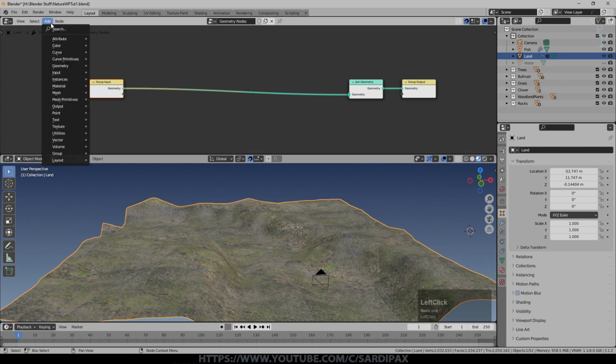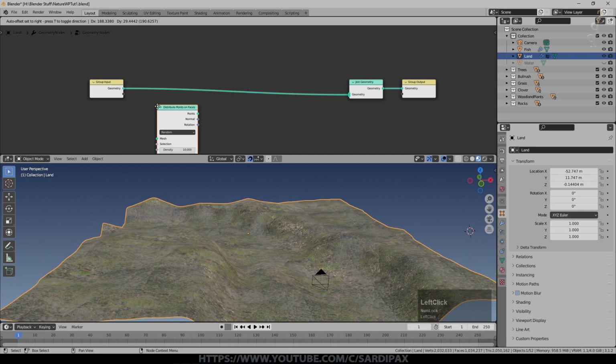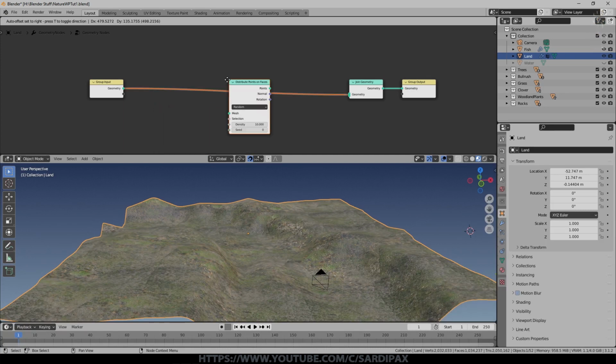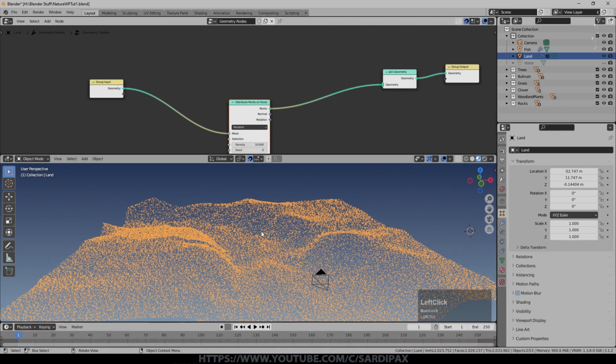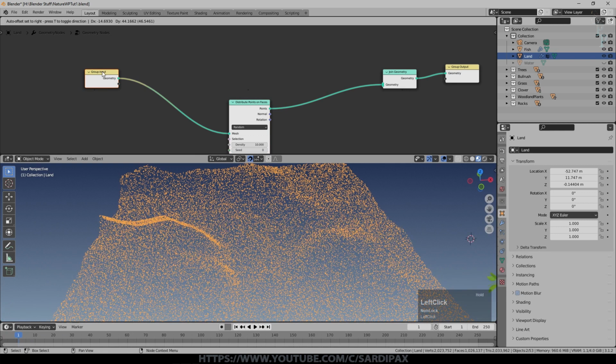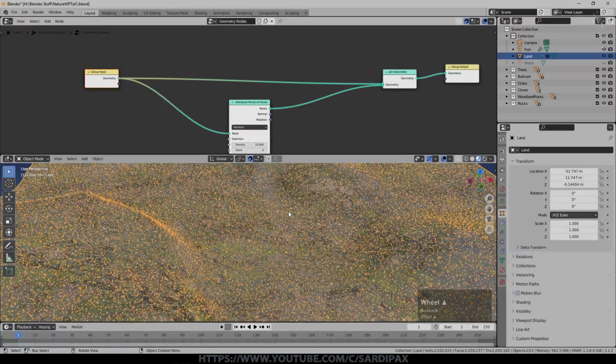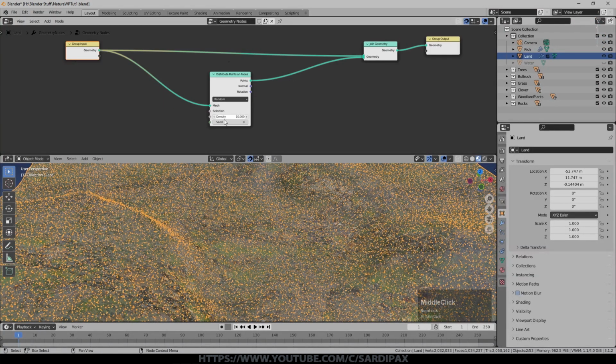So I'm now going to, under points, add a distribute points on faces node, and we'll just drop that in there. So you can see that's broken that link already. All we've got is the points, the landscape itself has disappeared, and that's why we need that join geometry node. So now we've got the points and the landscape itself. So I want to affect the density by where I want the rocks to be, and I want the rocks essentially to be in or right near the water. So I'm just going to take this option and feed that into density. I'm going to need to do a bit more with it than that, but we'll start with that point.